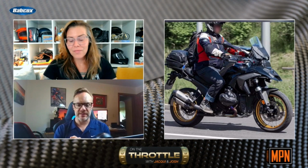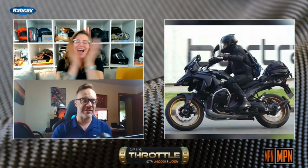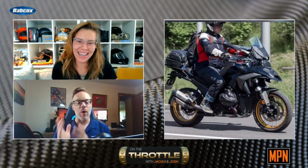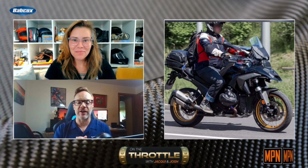I'm pretty sure this isn't the GSA, because the first thing that I saw when I saw those photos was that low exhaust. I thought, boy, I would make that exhaust very loud the first time I took it out someplace, because I would just pull it right off via a tree stump or a rock or something like that. But overall, the other thing that I like about it too is it's very GS